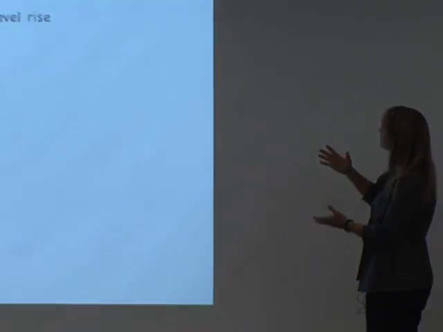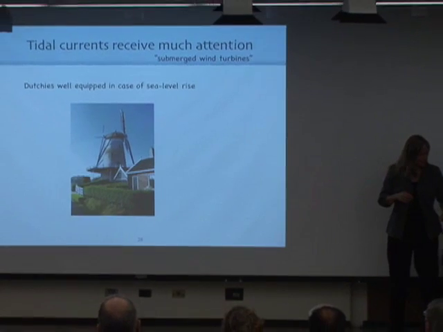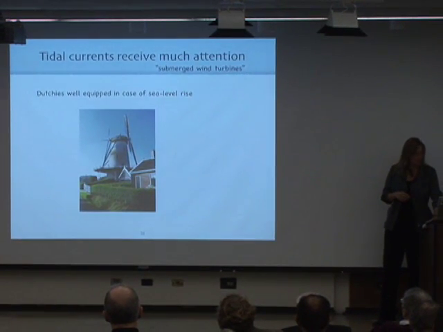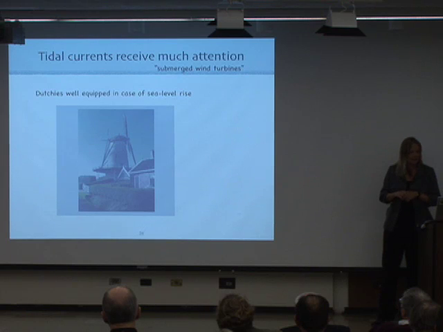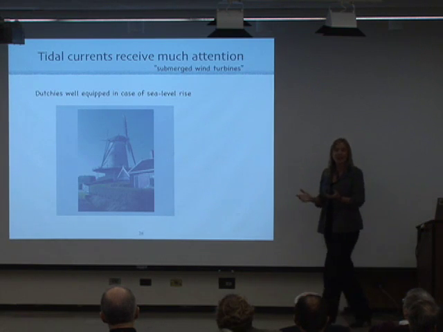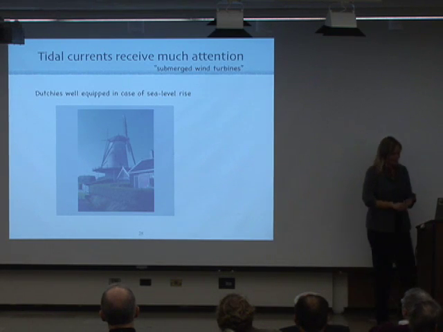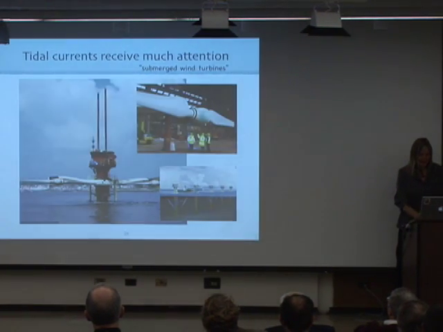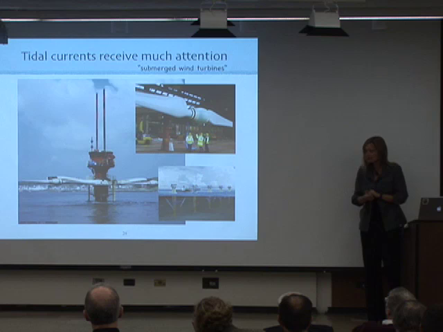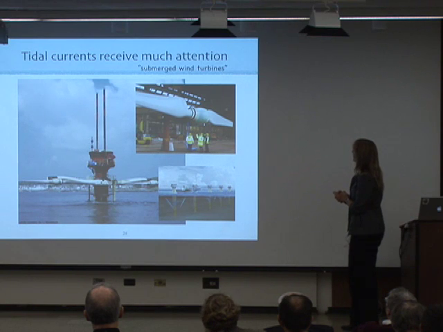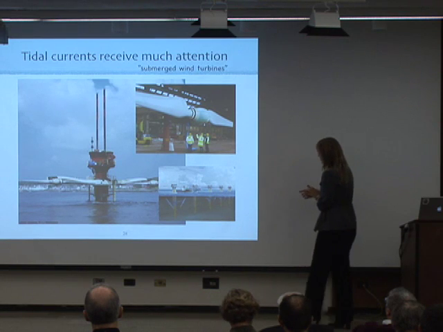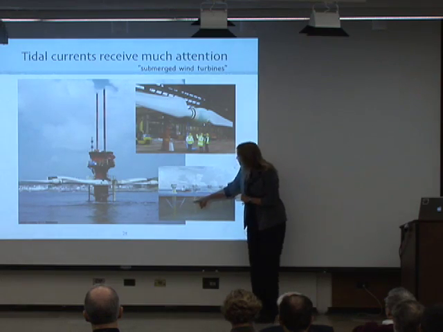So what about these tidal turbines, or tidal currents? They're really sort of submerged wind turbines. So this is the windmill in the village where I grew up, and when the sea level rises, we're going to be okay, right? So they're just going to be underwater and giving us lots of energy, right? Now, what's happening at the moment looks a little bit different, a bit more sophisticated, maybe. So here are some of these submerged wind turbines. Here's a schematic artist impression of a wind farm of these guys.